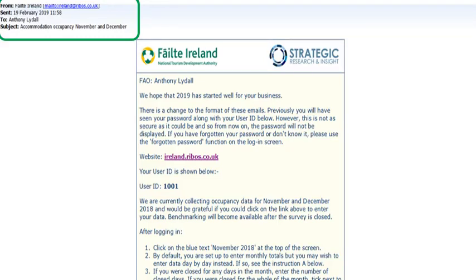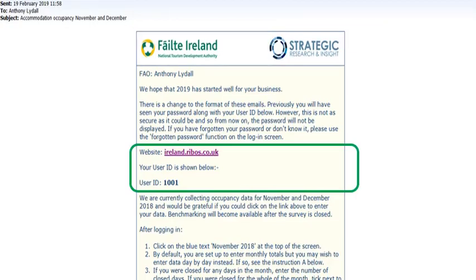So you start by opening the email. The sender is Fáilte Ireland and the subject is Accommodation Occupancy in the most recent month or months. All of the instructions are contained in the email, including a link to the site and your user ID. If you're copying and pasting your user ID, be careful not to copy the space after it, otherwise your password